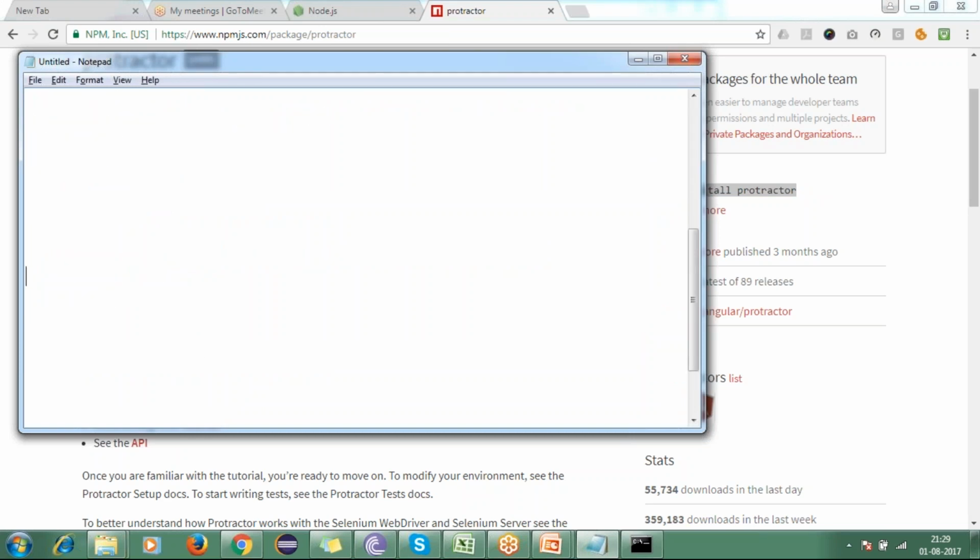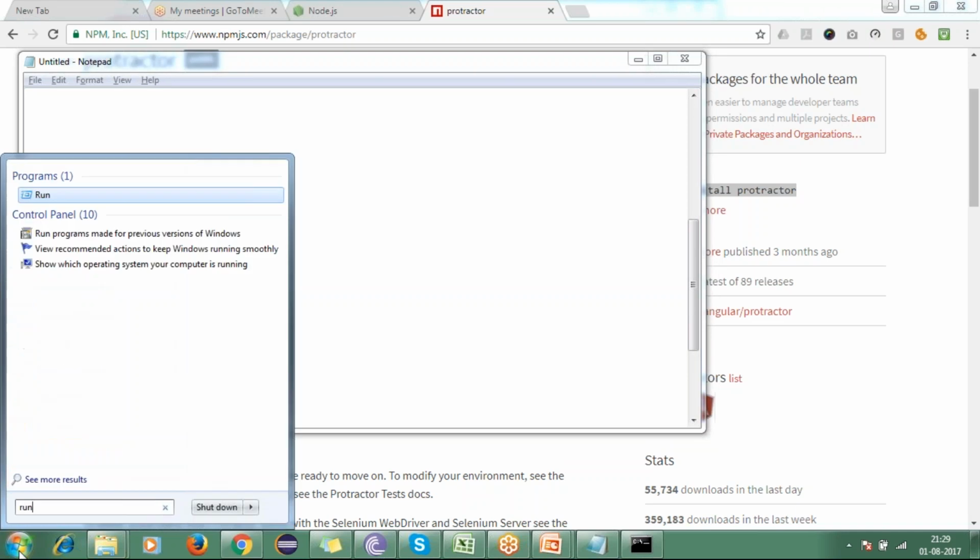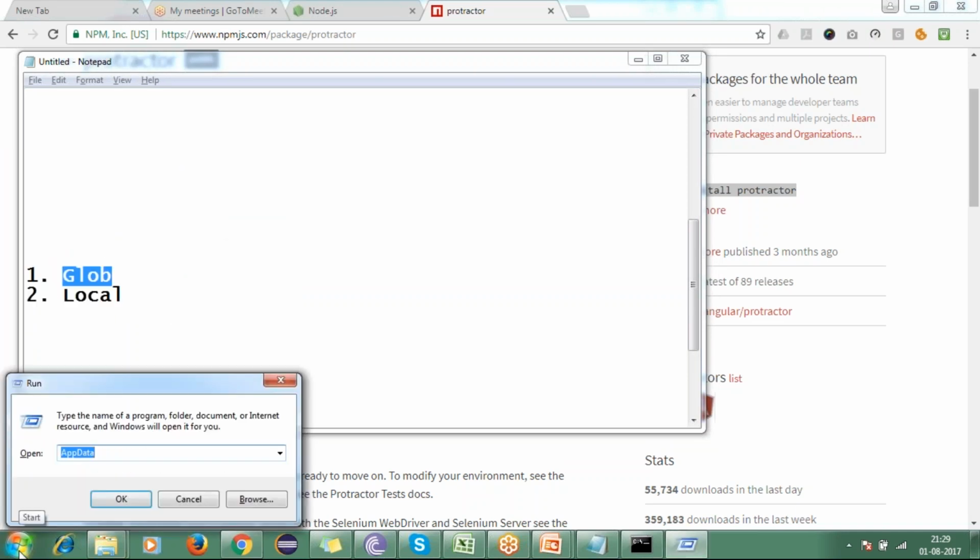One is global instance and the second one is local instance. What is global instance and what is local instance? Global instance means if you install Protractor as a global instance, it will be installed in app data